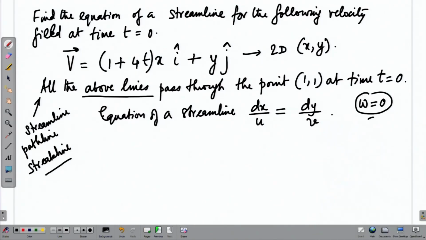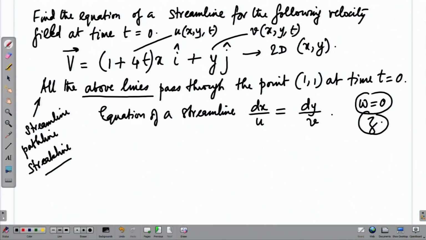That means, we neither have a z dimension nor a z component of velocity. So, you are looking at the u field as a function of x, y, t in general, the v field again as a function of x, y, t in general. Here u is this function, 1 plus 4t into x, and v is y. So, let us substitute it here,